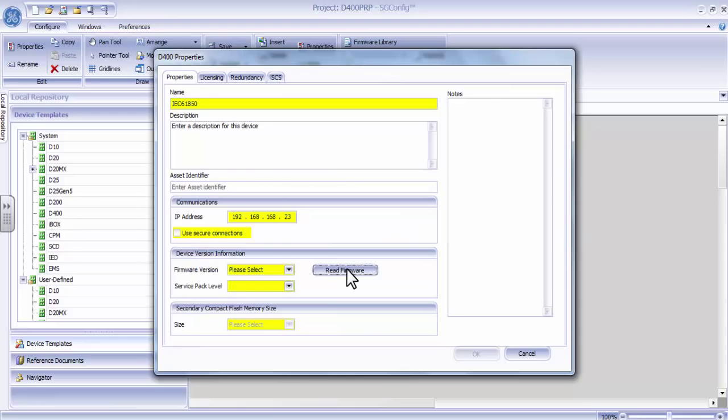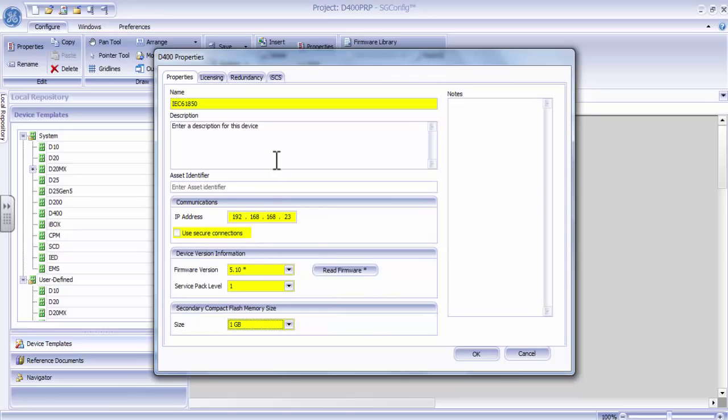D400 uses 2 compact flash cards, primary and secondary. For our test, we are using 1 gigabyte primary and 1 gigabyte secondary. So we can specify the size of the compact flash cards here. And since the appropriate firmware and service pack 1 has been detected,